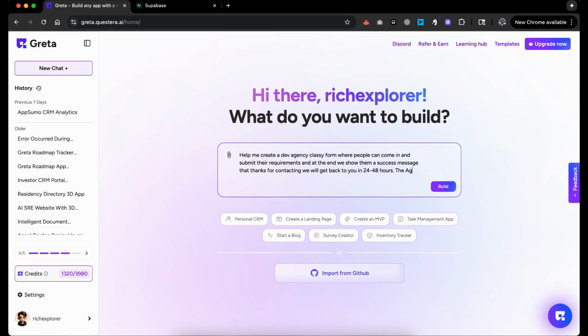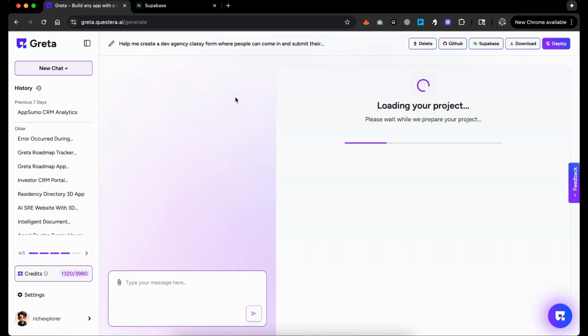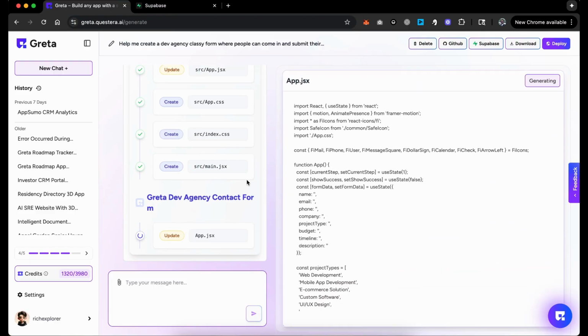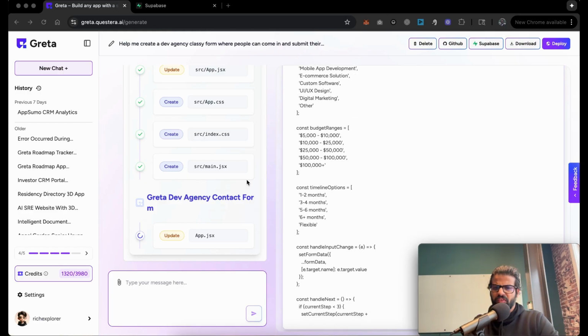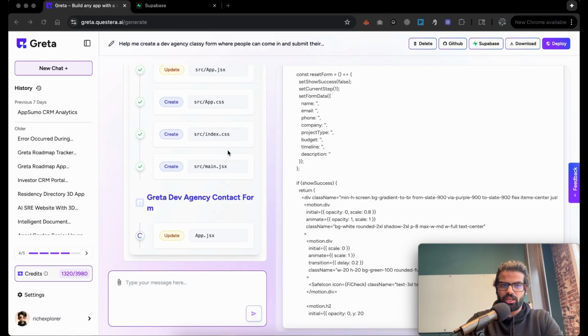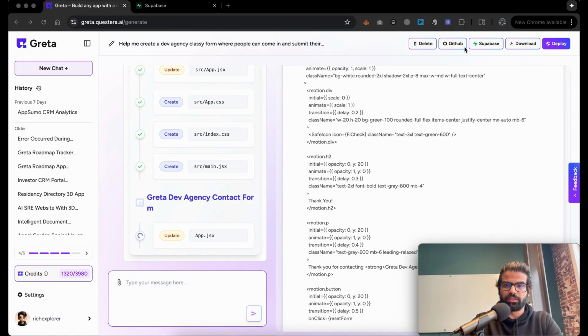The agency is called Greta Dev Agency Form. Agency, yeah, that's it. Now let's click on build. It'll go ahead and build the agency form or whatever it needs to create. But while it's building, and it's taking a couple of seconds, the next step that we have to do